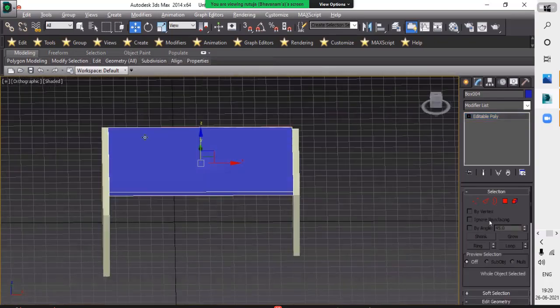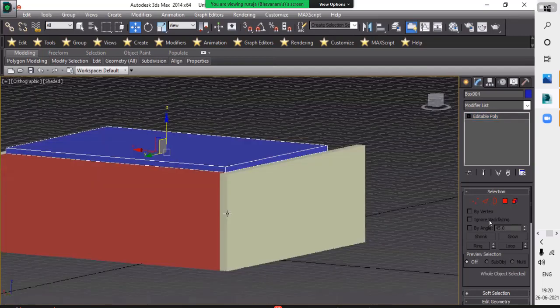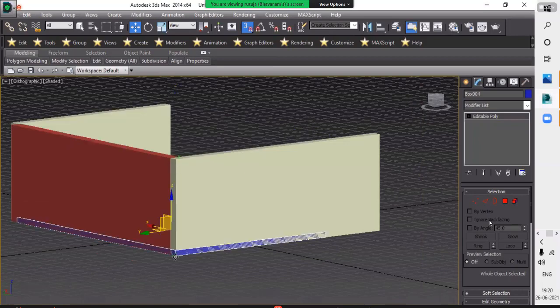Okay, and how can we place it at the bottom? So turn on your snap toggle and just move it to the bottom.